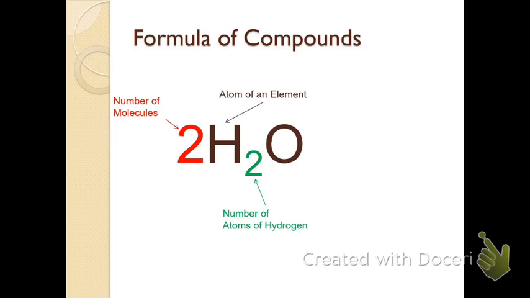Just to make sure we remember, the hydrogen and the subscript 2 go together. That tells us that for every molecule of water, there are 2 hydrogens and there's 1 oxygen. We don't see the number of subscript 1 for oxygen because remember we said that 1 is inferred. We don't need to write it. If the element is there, that takes care of the 1, just like we did for balancing equations. Okay? All right, so